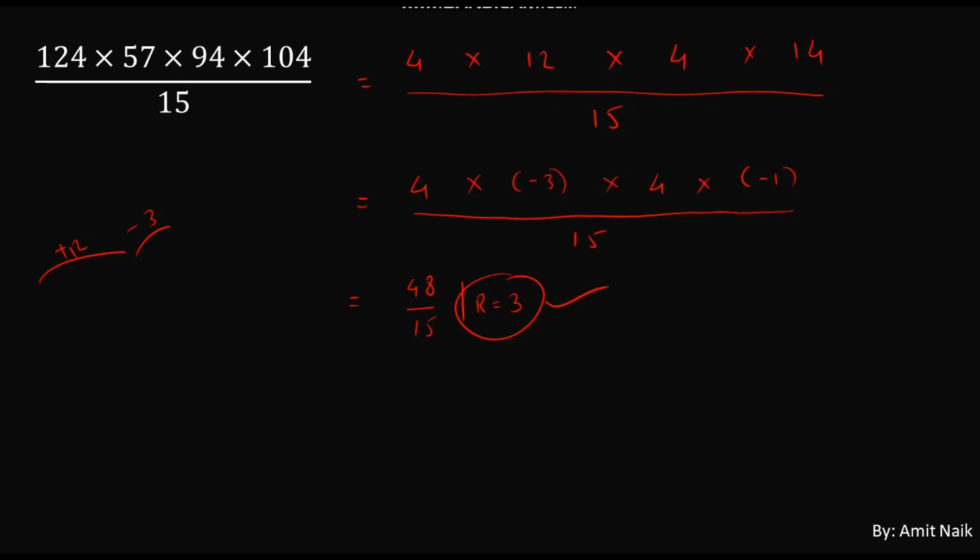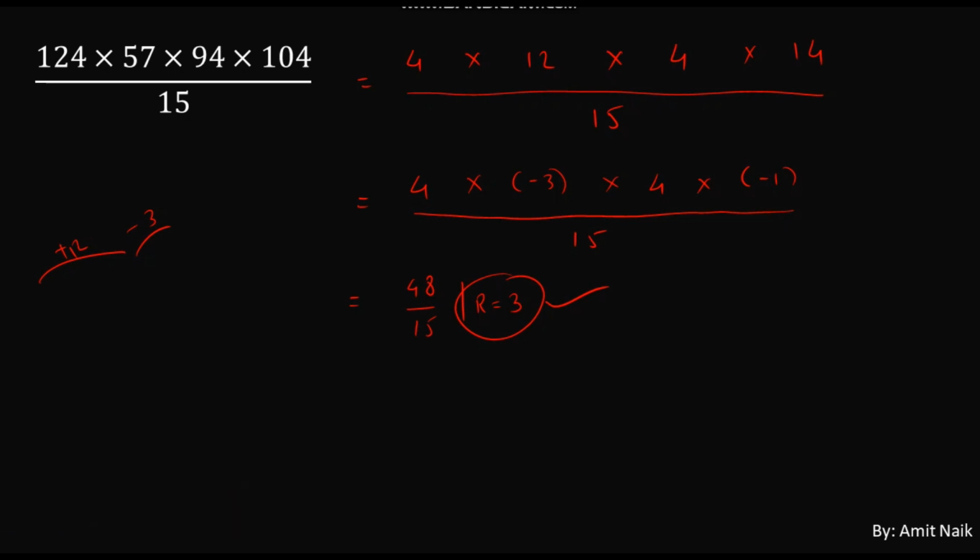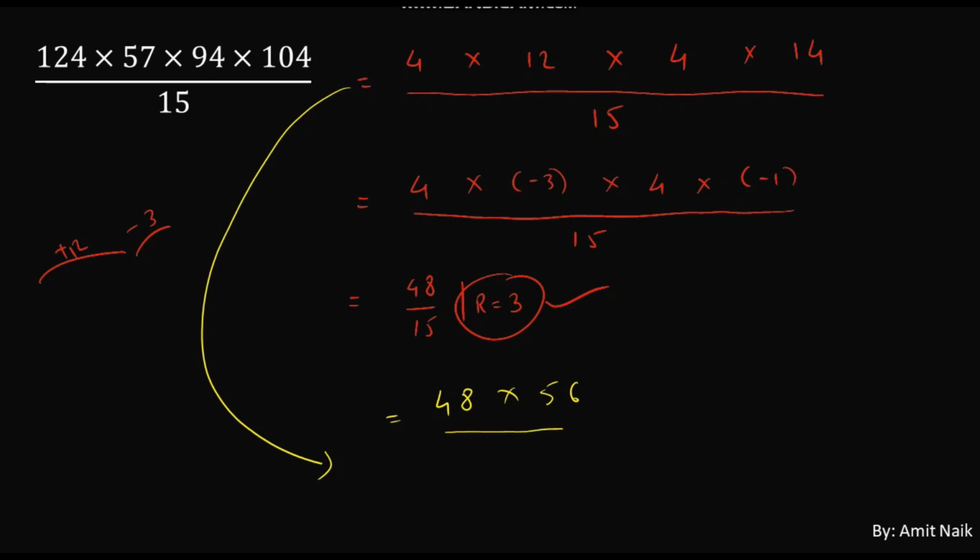Okay, it is your choice. Now even if you had done the same calculation of the first step, you could have gotten the same answer. Let me show it to you with a different color. See the first step. I'm proceeding further with this step. So 12 into 4 was 48, and then 14 into 4 was 56, right? Divide by 15. If we solve this further, you'll get the same answer.